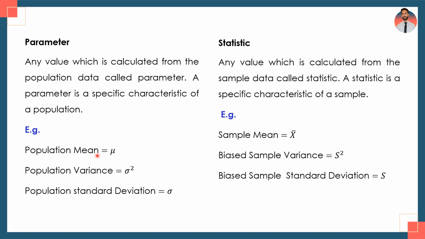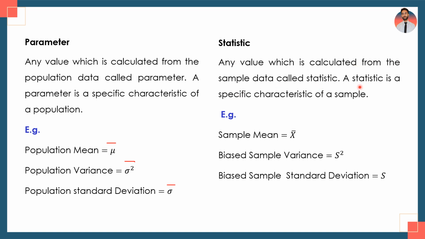For example, population mean mu is also called parameter. For the population mean we use the notation mu. Population variance, that is sigma square, is also calculated from the population data. Population standard deviation, which is denoted by sigma, is also calculated from the population data. So any value that you calculate from population data is called parameter. On the other hand, statistic: any value which is calculated from the sample data is called